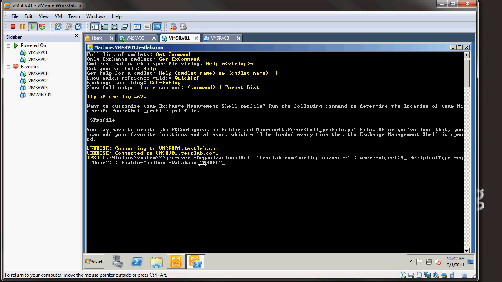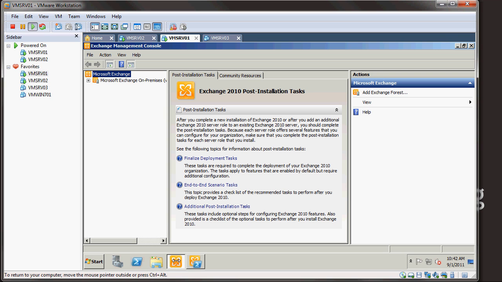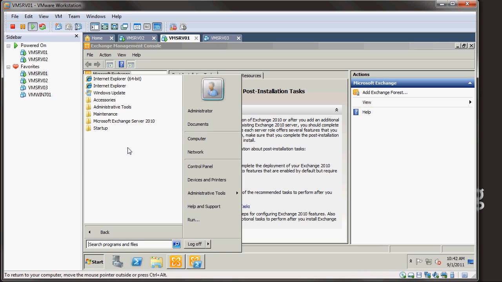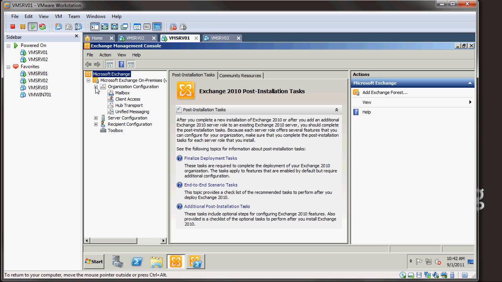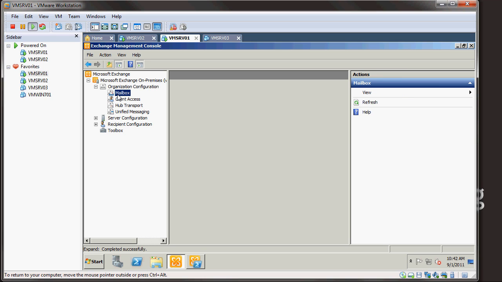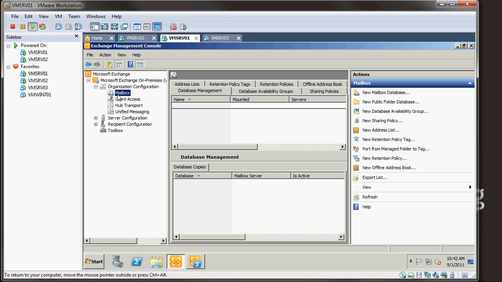Okay, now if you're not sure what your mailbox database name is, you just have to go into your Exchange Management Console. So you can come here, All Programs, Exchange Server 2010, Exchange Management Console. I already had it open there. Just expand out my console tree here, come into Organization Configuration and click on Mailbox. And once it loads up here, you'll see